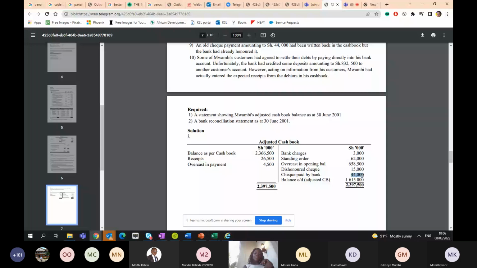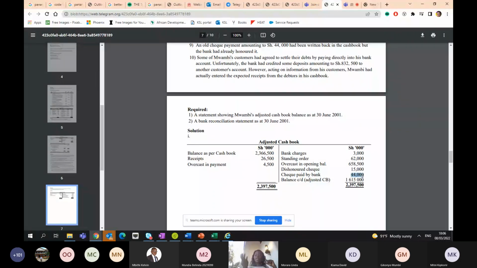Then the last one here is some of Mwambi's customers had agreed to settle their debts by paying directly into his bank account. Unfortunately, the bank had credited some deposits amounting to 832,500 to another customer. However, acting on information from his customers, Mwambi had actually entered the expected receipts from the debtors in his cash book. So basically,